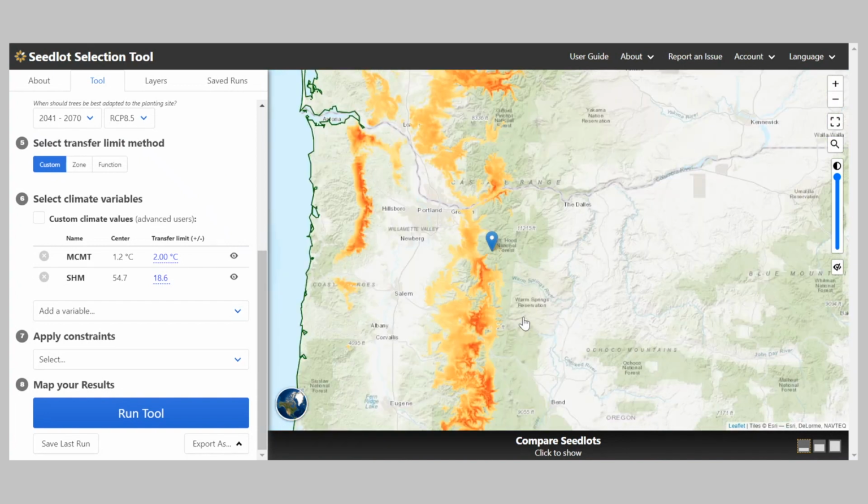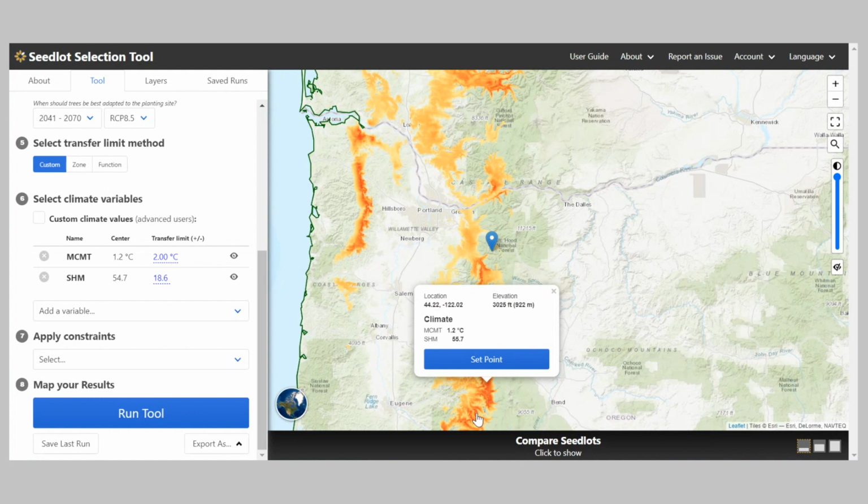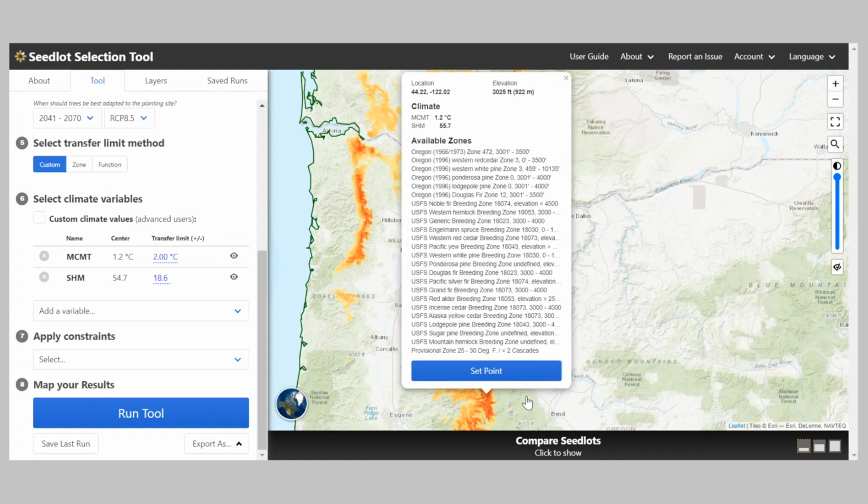If we want to try and define the actual seed lots to use, what we can do is use this map and click on areas that show the darkest red color. For example, if we click here, and we just click once, don't click the set point button, and we look for the USFS generic breeding zone, we can see that this location here is in the 18023 breeding zone.